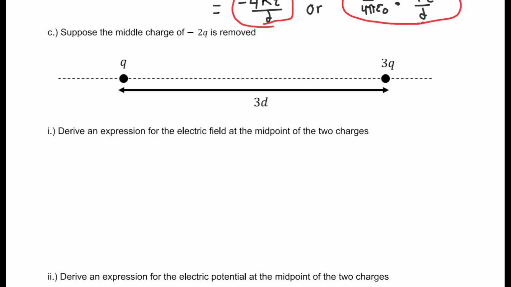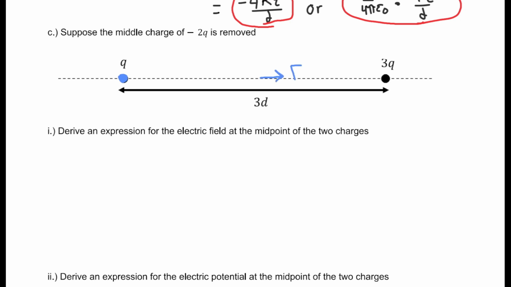So now we'll look at field and potential by removing one of the charges. So suppose we remove the middle charge and we're left with this setup, and we want to derive an expression for the field and potential at the midpoint. So once again, electric field, this would be what direction would a positive charge like to move due to everything around it. So I'm going to color the plus q as blue. We also said positives are sources, negatives are sinks. So at the midpoint, which I judge to be about right here,